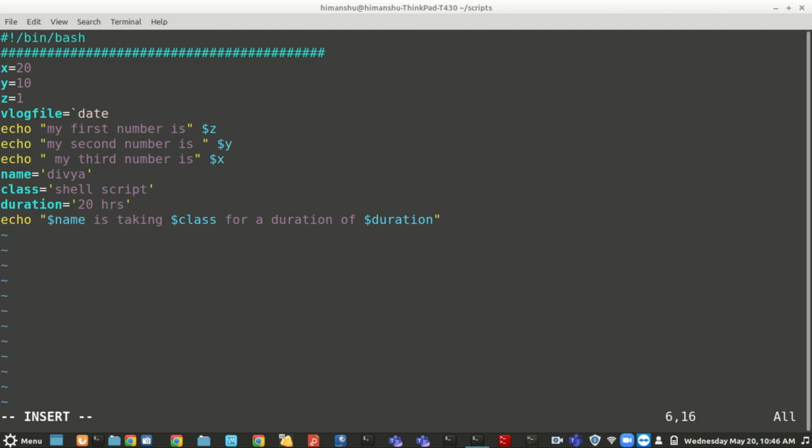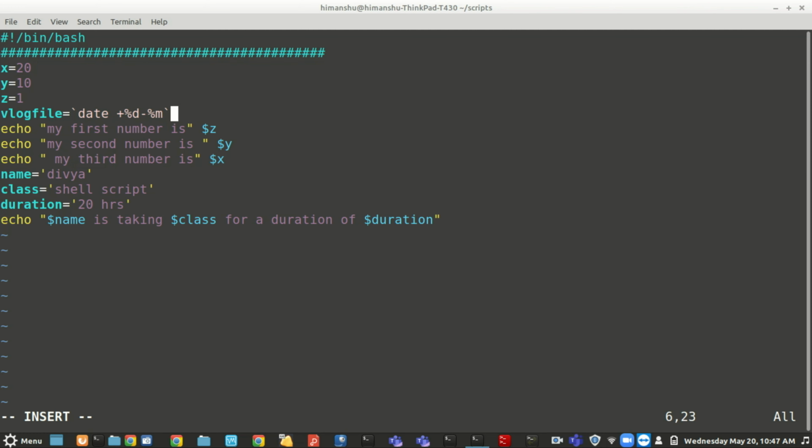Then date plus %d hyphen %m. Okay, so what this will do, it is creating a file with this name, right? Now this is my value, it will print the day and the month, right? Just now we saw it will print the 20th hyphen 5th of May. Now this is the output I will get from this command.